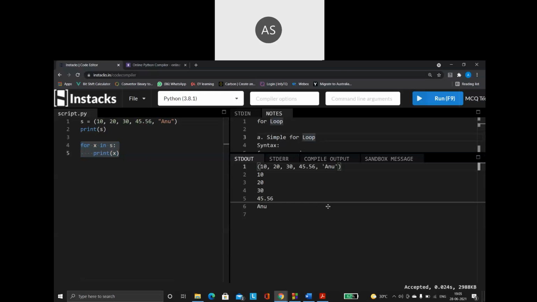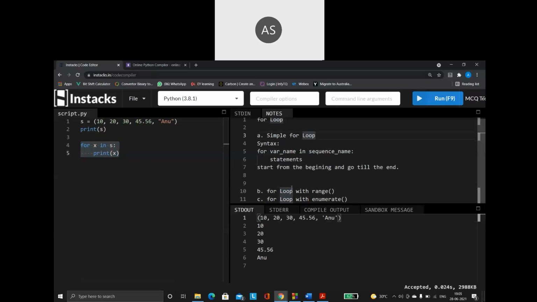So in our next session, we will be looking at the other two formats of your